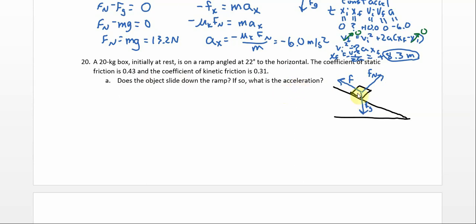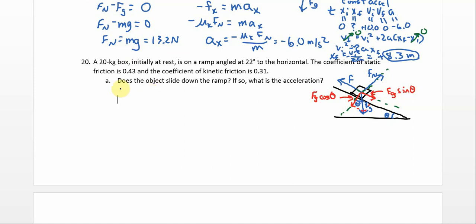All right. We put on our coordinate system, which is tilted. This is our angle theta of 22 degrees. That means this is our angle theta of 22 degrees. Gravity is diagonal according to our tilted system, so we have to split it up into horizontal and vertical. This right here will be cosine, and this right here will be sine. Okay,